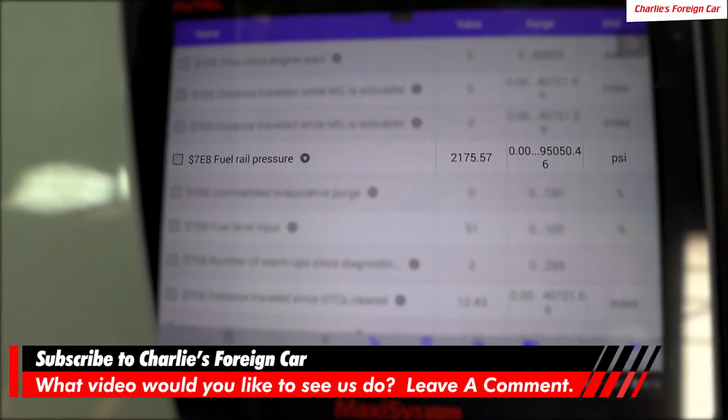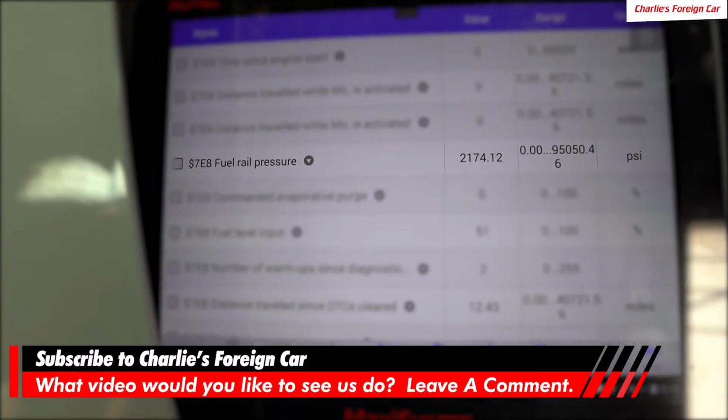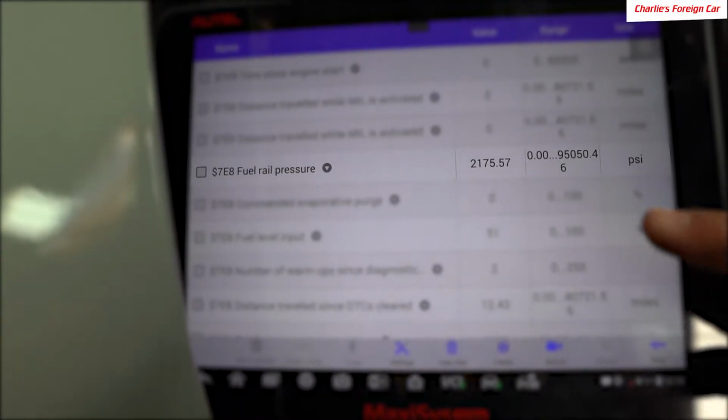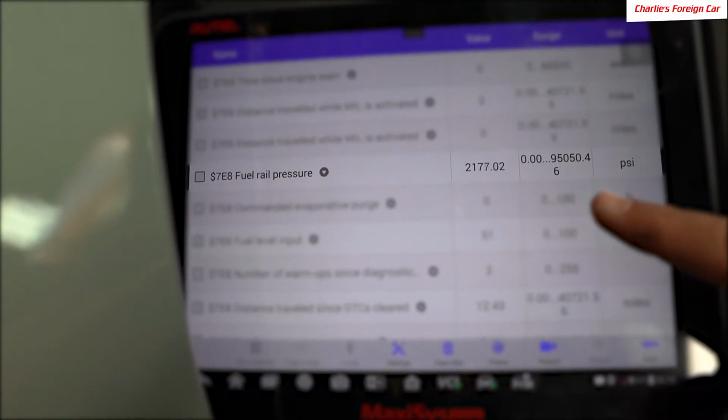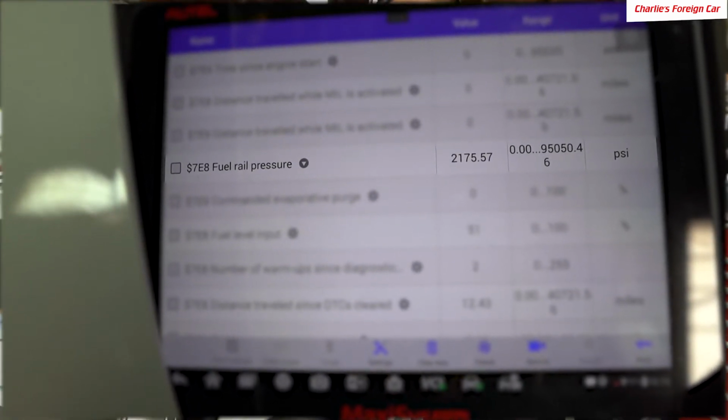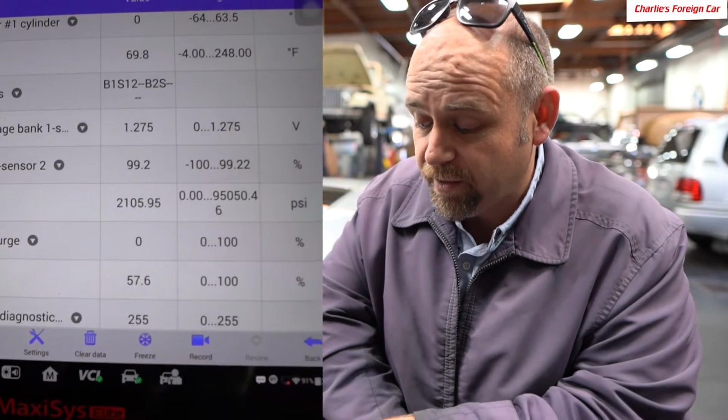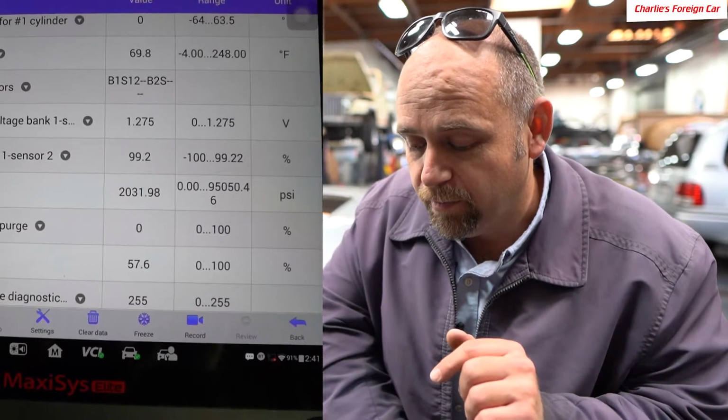This is actually pretty incredible, because where we shut it off at about 1850, now it's at 2175. I mean, it's gone up 300, 400 PSI. That speaks volumes for all the check valves, again. What was happening before was as soon as we shut the car off, and we turn the key back on and communicated with the car, we would watch the fuel pressure drop like what's happening right here. And so right now, we do the same thing, same test, shut the car off, and now we're actually seeing it rise. So we went from a falling fuel pressure when the engine was shut off to now a rising fuel pressure when the engine was shut off.